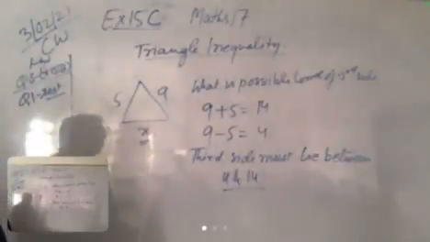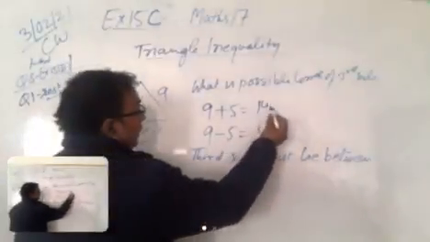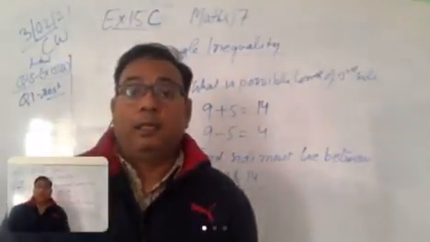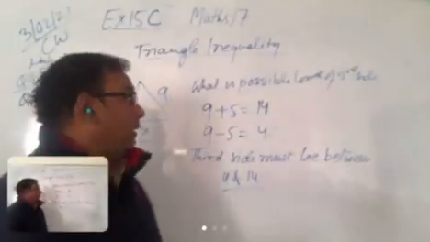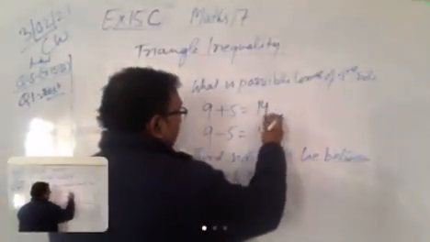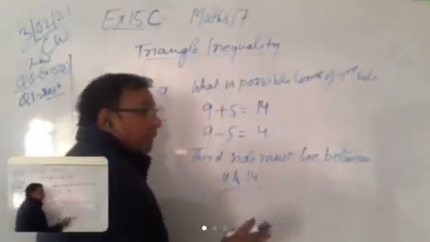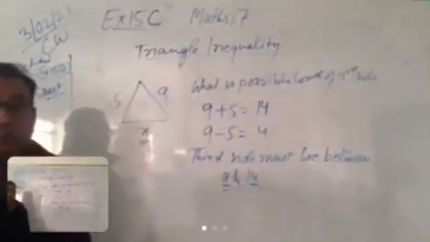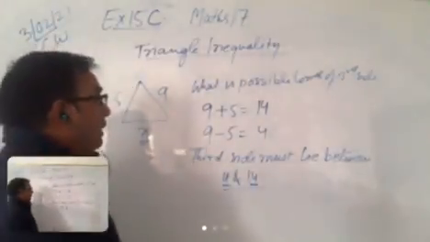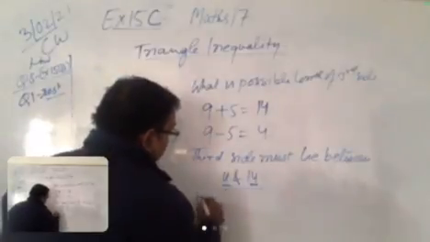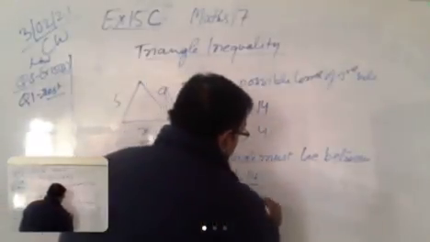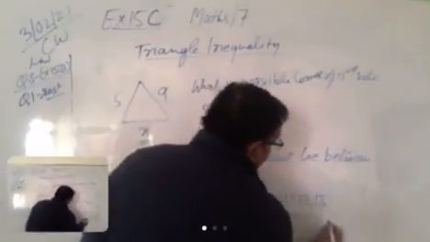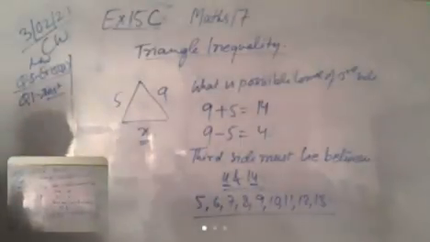What is the possible length of the third side? अगर 14 से ज्यादा हो जाए या 14 हो जाए तो क्या होगा? Then the construction of triangle is not possible. So that is why the sum is 14. So it means that it lies between. Between का मतलब होता है बीच में, इन numbers को छोड़ के. मतलब 5, 6, 7, 8, 9, 10, 11, 12, 13. These all numbers may be possible.